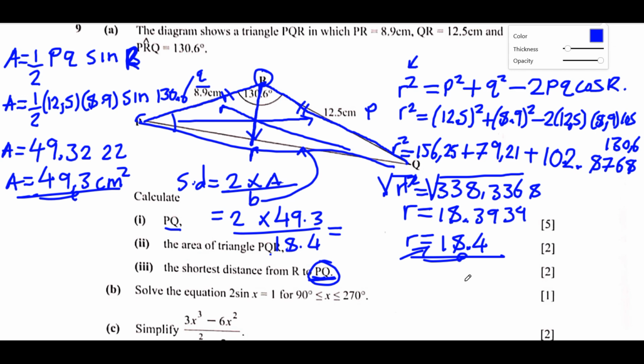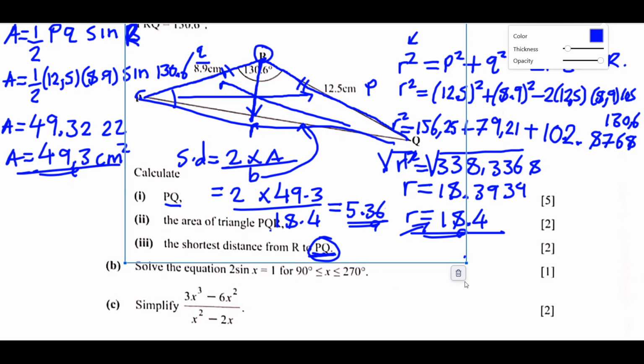So I'm getting my final answer as 5.36 as my final shortest distance. So we move on to question B. So question B, we are given